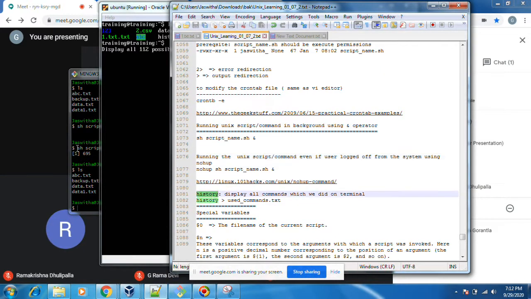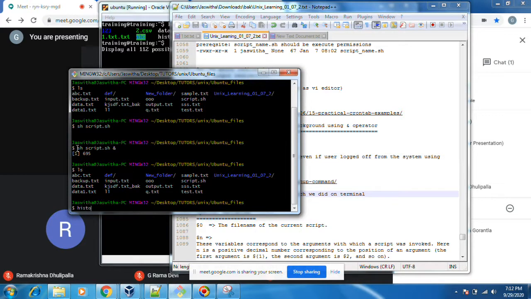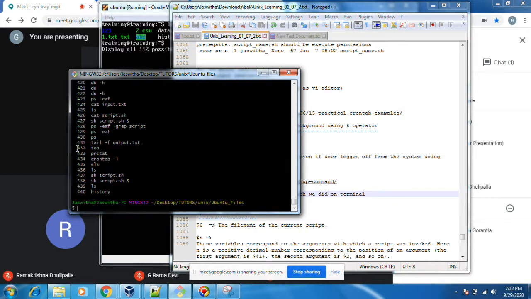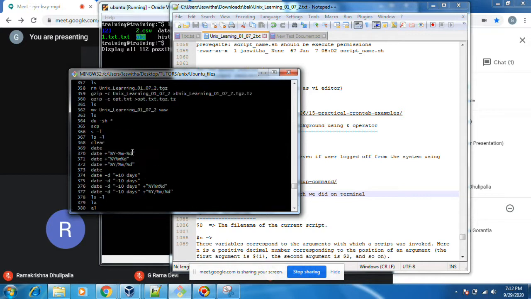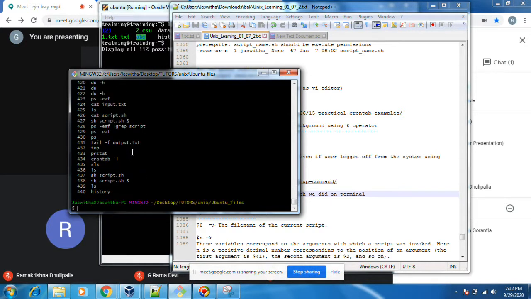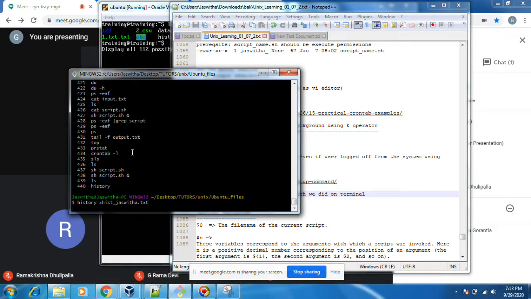History, you already know. How many commands till now we did? All commands you can see in the history. If you want to save the history in one text file or any file, you can name something and redirect to the file.